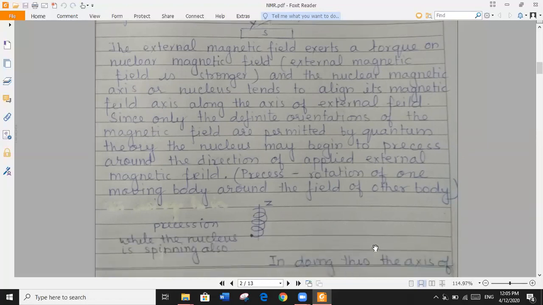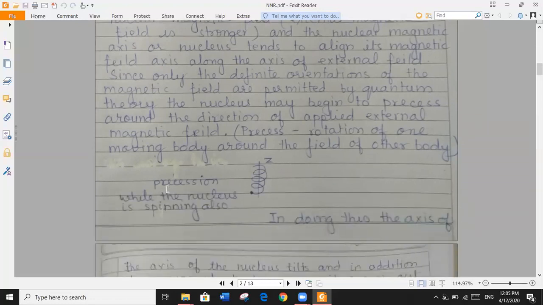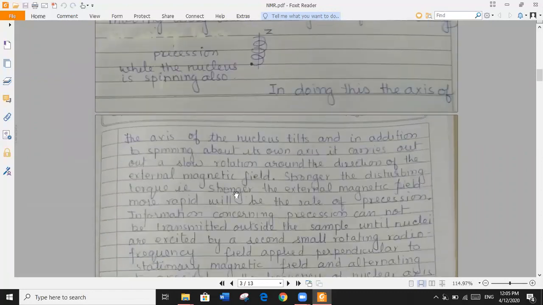You can see here, precession while the nucleus is spinning also. The nucleus rotates around its own axis and also begins to revolve in the direction of the external magnetic field. In doing this, the axis of